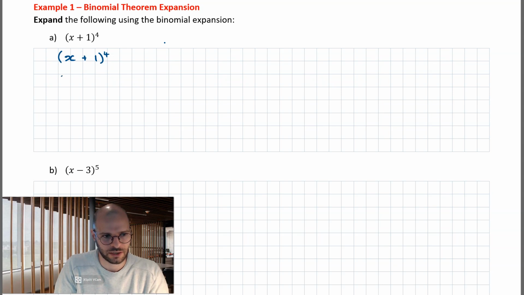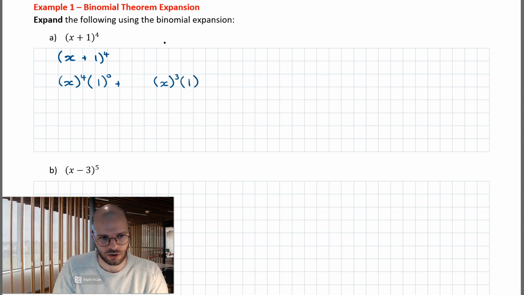So first power: a is x, so we'll say that's x to the power of 4 multiplied by b, which is 1, to the power of 0. Then I'll put a plus and I'm going to leave a bit of a gap. Next, I go x to the power of 3